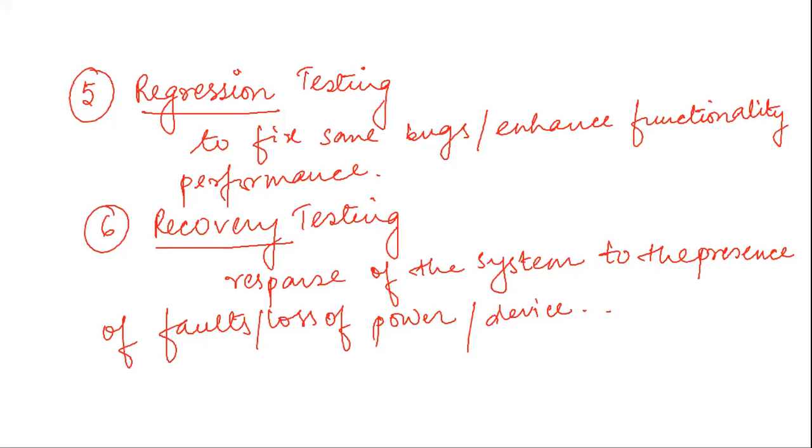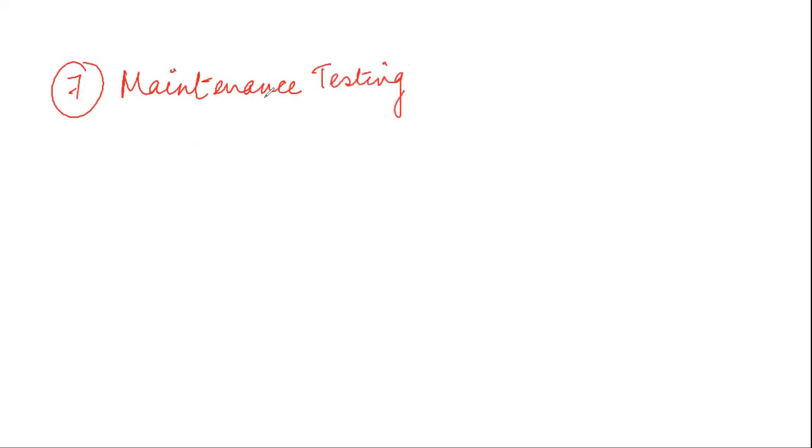So the next one is maintenance testing. Okay, so this maintenance testing will test the programs or the procedures that are required in order to help the maintenance of the system. Okay, so for maintaining the system, the procedures and the programs are required. So those extensions will be checked upon.